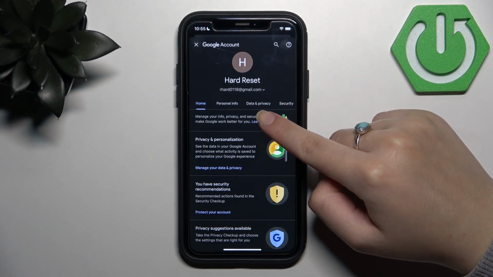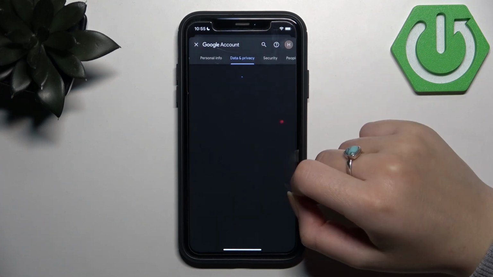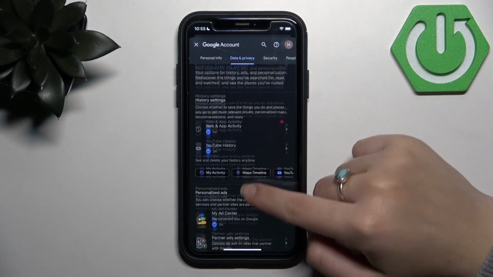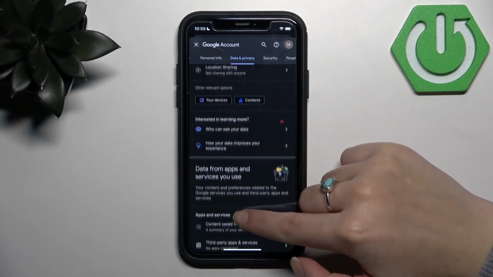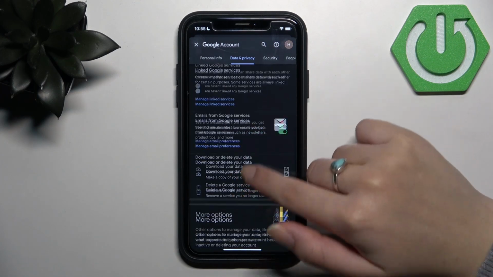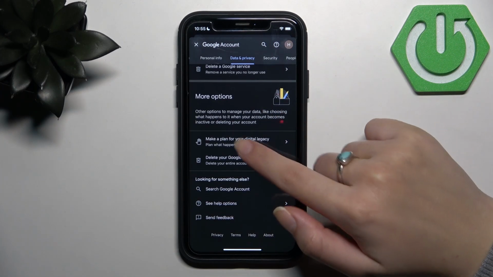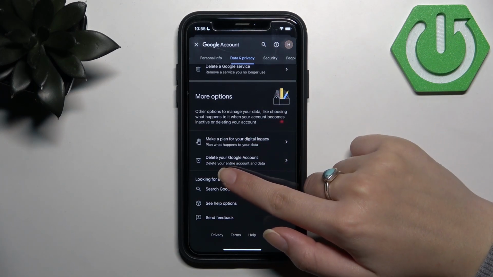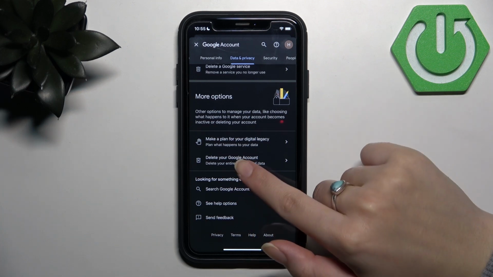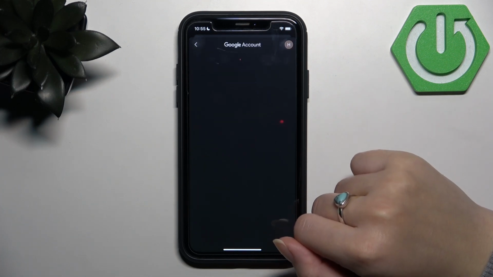Then you need to enter Data and Privacy, and then scroll until you see section More Options, and here you have Delete Your Google Account. We need to press it,